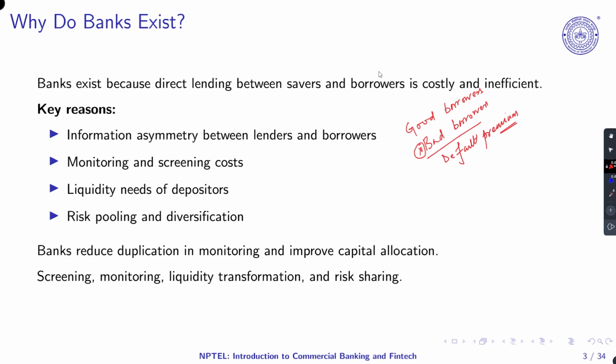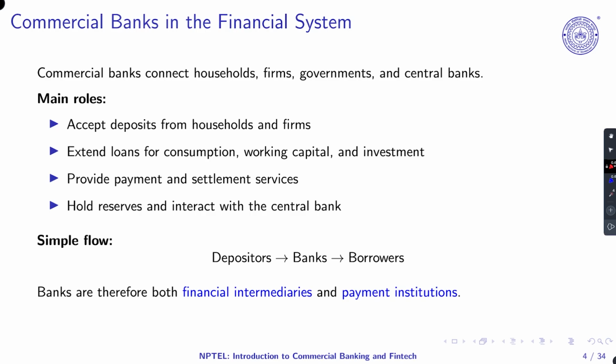So there will be deployment of CET1, then AT1, and then tier 2. So what is the most important part? That banks help in capital allocation. At the same time, they also help in liquidity transmission. So this is very, very important to look at. Then the commercial bank in the financial system. This we have already focused on, which means that we have the depositors, banks and borrowers playing an important role. So we already covered this.